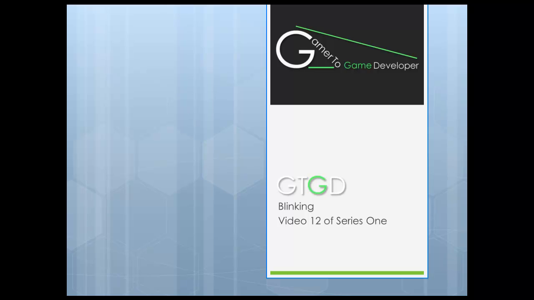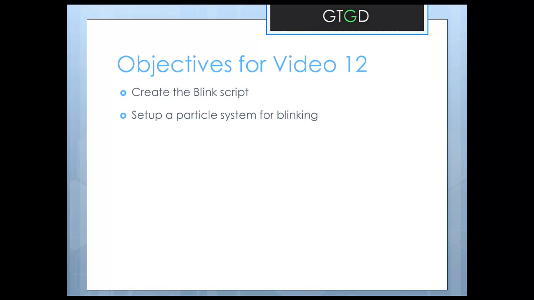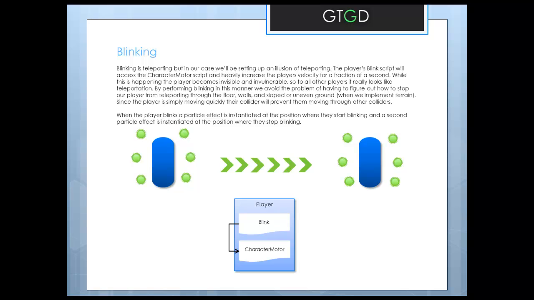Welcome to video 12 of Gamer to Game Developer Series 1, and this video is about blinking or teleportation. So we have two objectives, and that's to create the blink script and then set up a particle system for blinking. The code that we're going to write is really interesting,